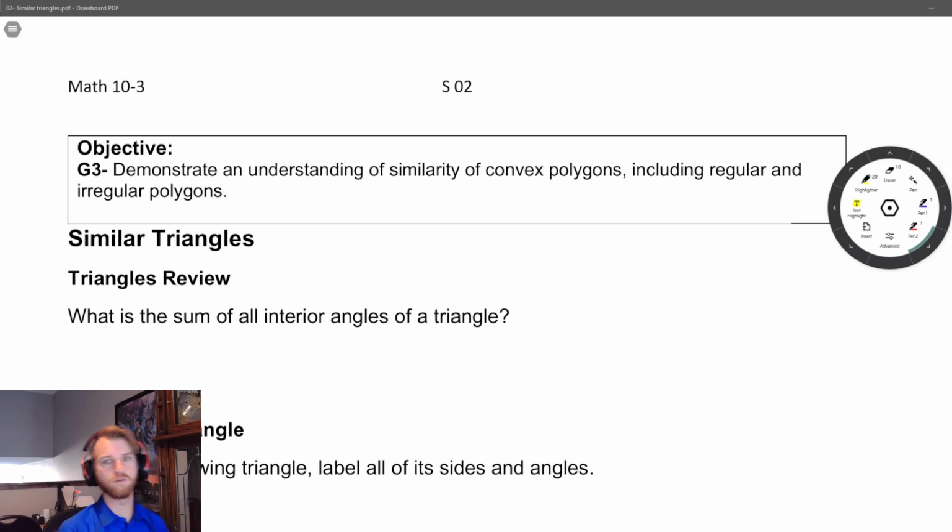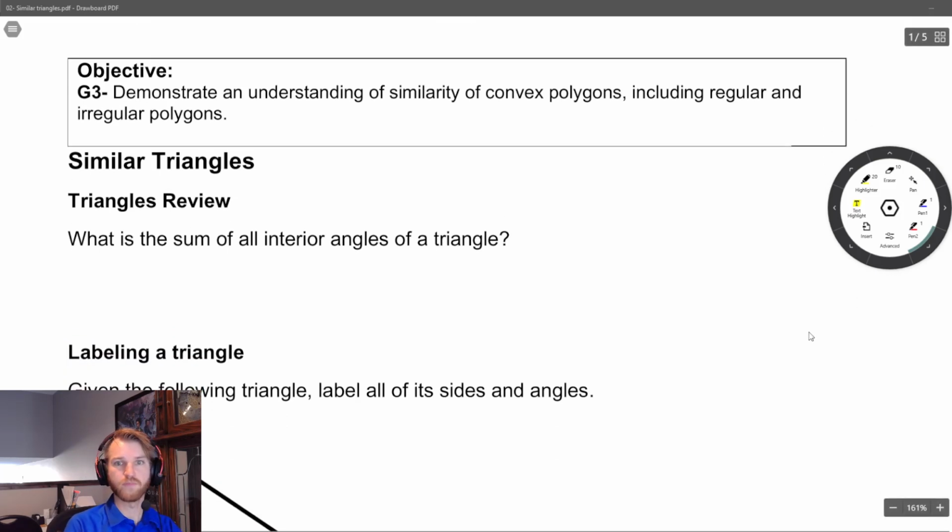All right, so this is the last lesson in the scale factor unit. Really the only difference here is we're just talking about triangles specifically. The math though really isn't any different. So, a quick review of triangles you've learned in some previous courses, but we haven't talked about this year, is